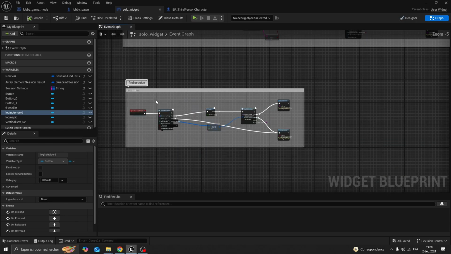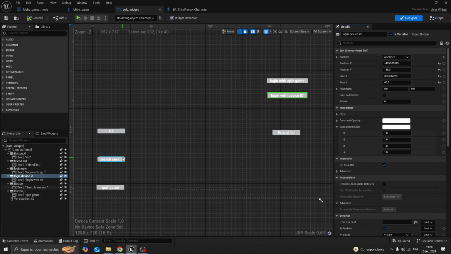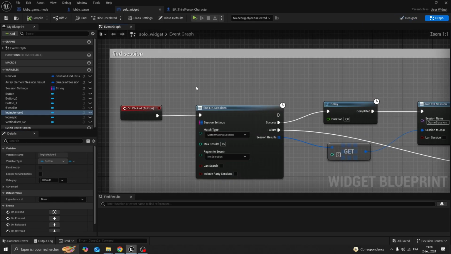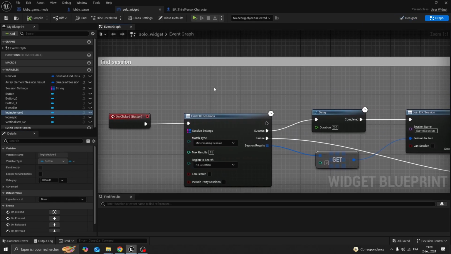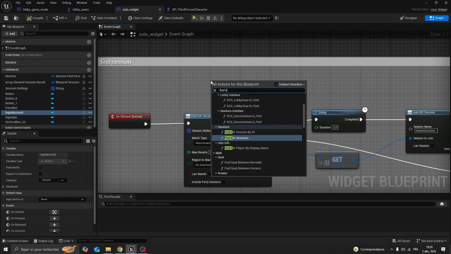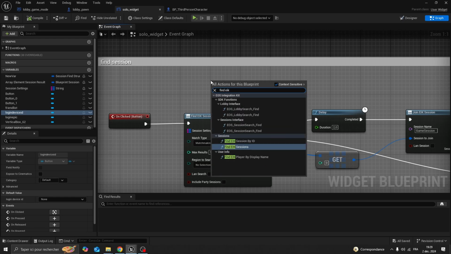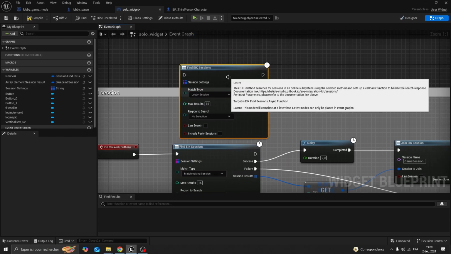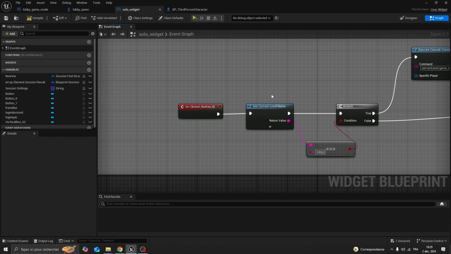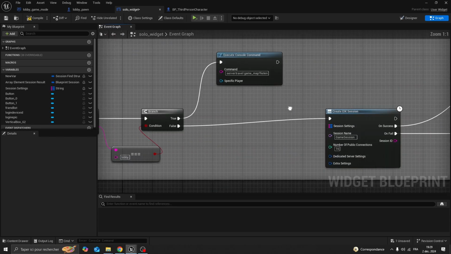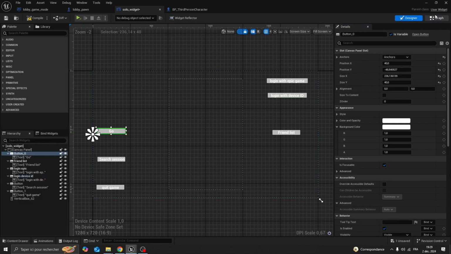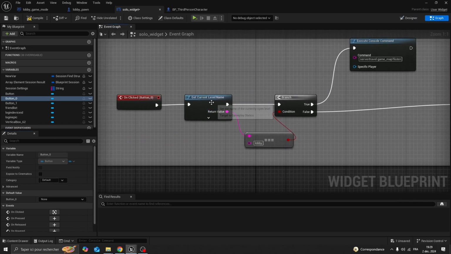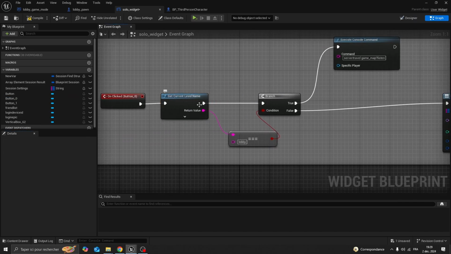So here, when I click on the search session button, this is what I am gonna have. So here I have a find EIK session, find EIK session. Okay. So here you can see that I have match type, lobby session or matchmaking session. Why? Because when I am the server and I am creating a session, here you can see if I click go, okay, this is the button of go,